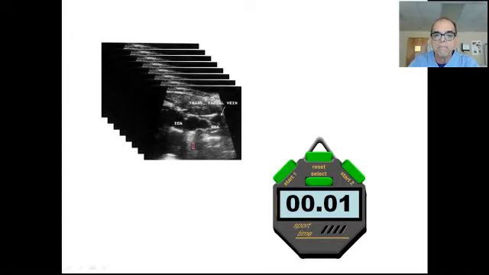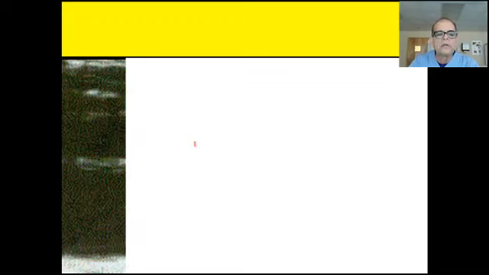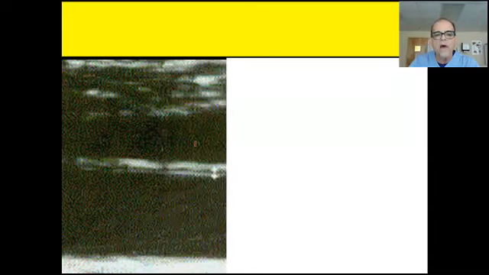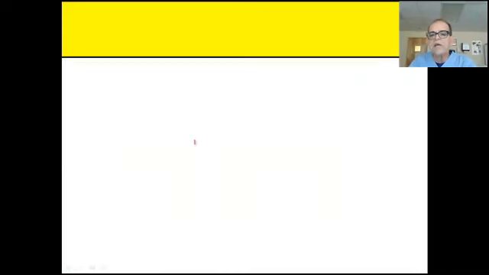How many pictures does the ultrasound machine produce in 1 second? This is how the machine works. This is the transducer, producing 1 line, 2 lines, 3 lines, 4, 5, and so on. Remember that this is schematic. In reality, the machine produces more than 100, 200 lines, depending on your setup. More lines, more lines. One frame: when the machine completes all the lines of one area, this is called 1 frame.